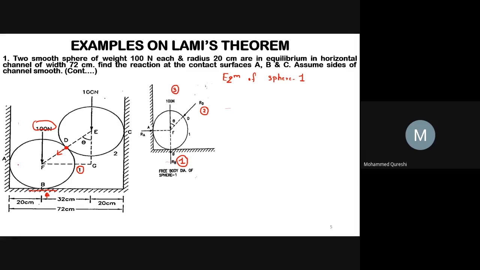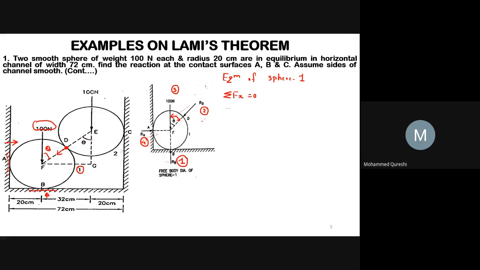Now, as sphere 1 is connected with this surface at a point, your reaction will be in the inward direction. So here this is your fourth reaction RA. And RD is making an angle theta with the y-axis. So I am indicating here theta. Now we have to calculate the horizontal component as well as the vertical component. So first we will go for sigma Fx equals 0.